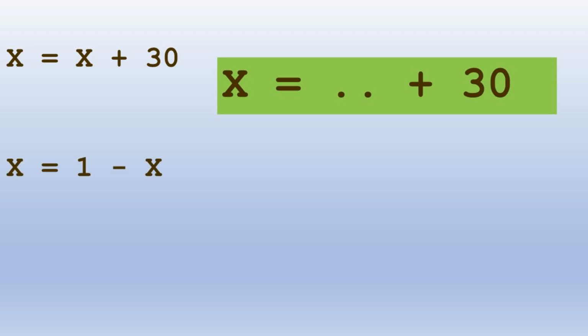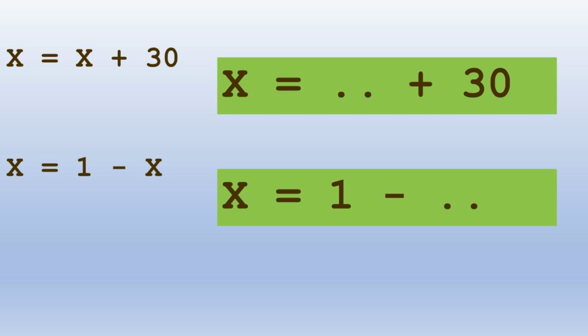How about x is equal to 1 minus x? Then you can't use the compound operator anymore. Use the replicator instead. x is equal to 1 minus ... Again, if the variable name is x, then why bother? You get by without compound operators or the replicator, but imagine you have the variable name long and cumbersome to type again. Now, another example, this is not a simple arithmetic operation, but we are updating the variable x with